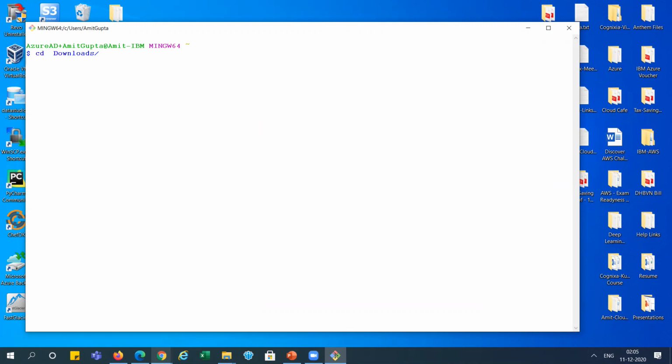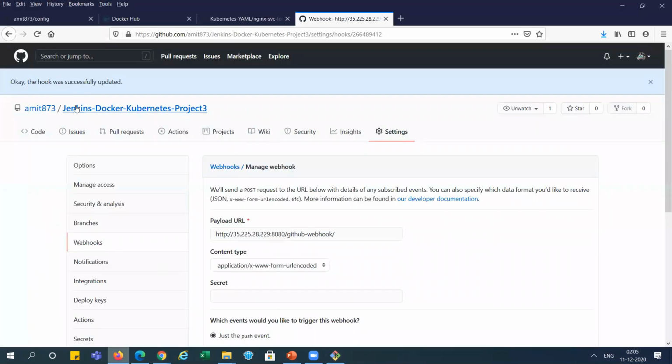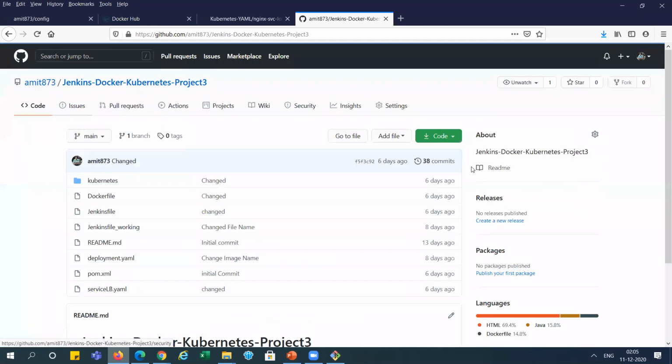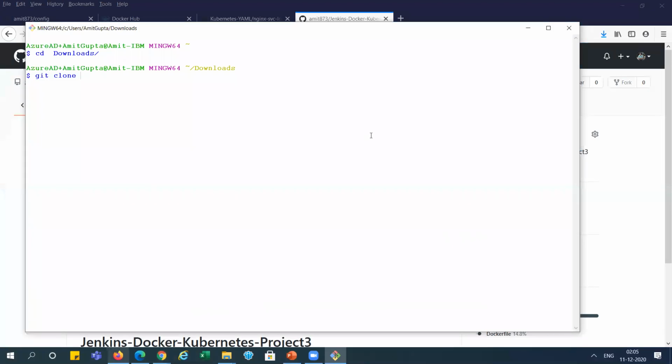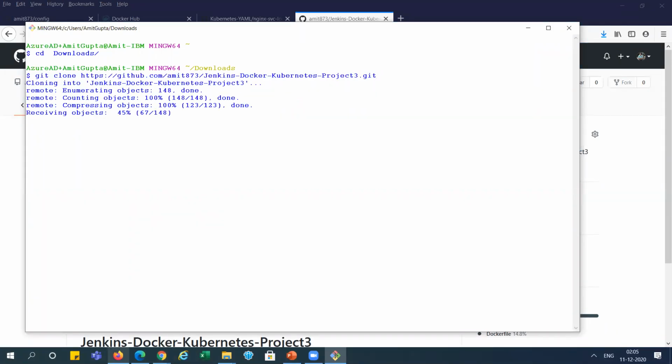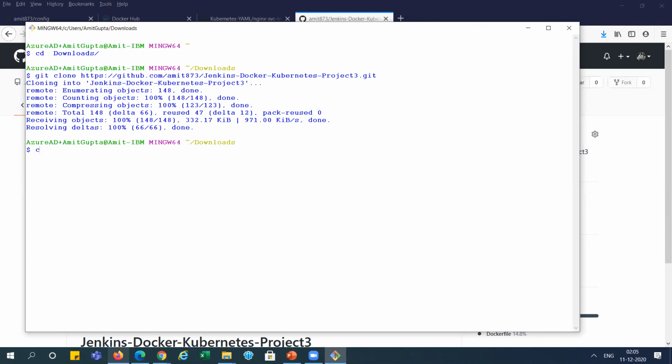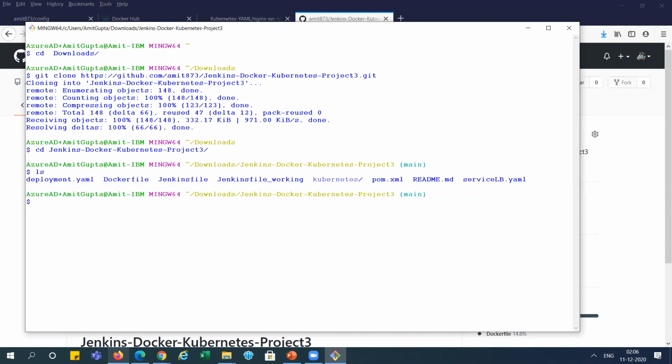I'm going to the download folder and doing git clone for this repository. It's cloned. Now I reached here and you can see these are the files recorded.